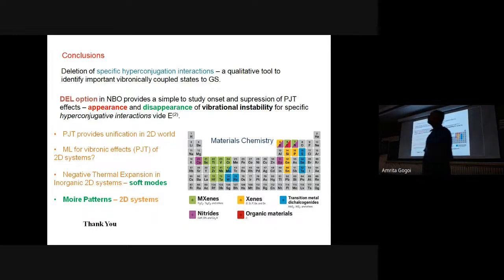On the great work, I'm curious how you are removing the orbitals actually. No, we are not removing the, see, this